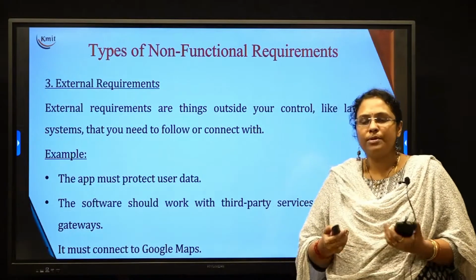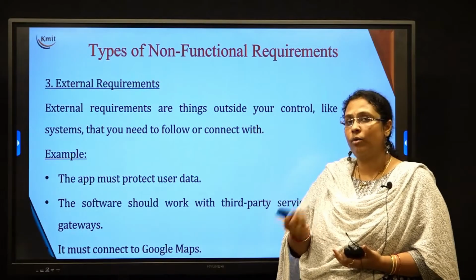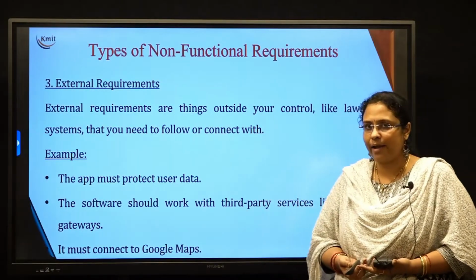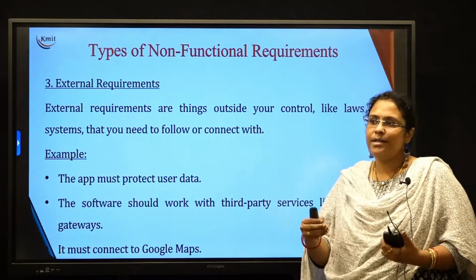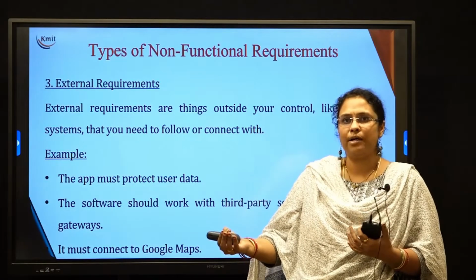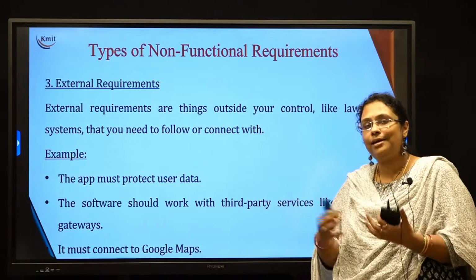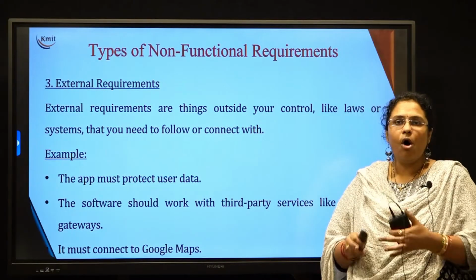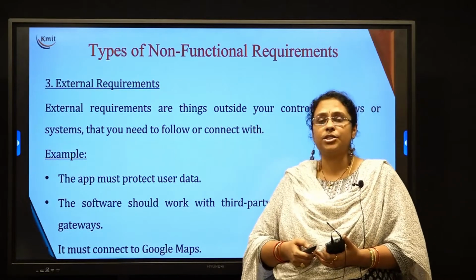Okay, if you are misusing, you are going against legal activity. That is illegal activity, or going against the law. So action will be taken. Or for example, your software, whatever you have developed, needs to have a connection with a third party software. So your software should accept that connection or that integration with the third party software. All this is taken care under the requirements name, which is called as the external requirements.